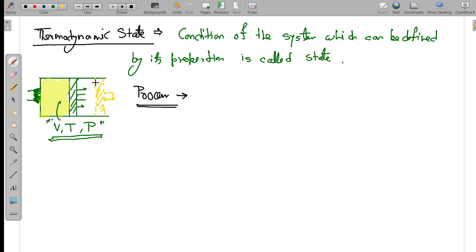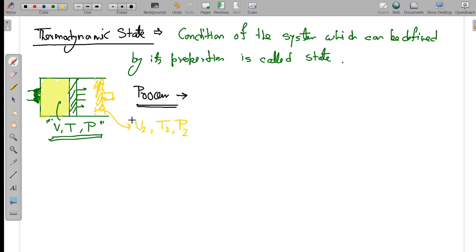Okay, this one is the final position of the piston. But now we can see that in this position the volume will be different, temperature may be different, and pressure may be different or not different. That I will tell you in a coming lecture. Let us consider the pressure is right now P2.